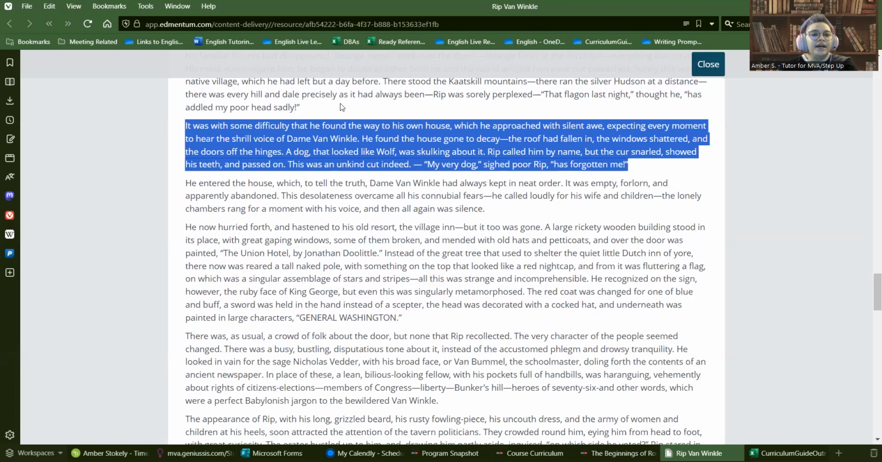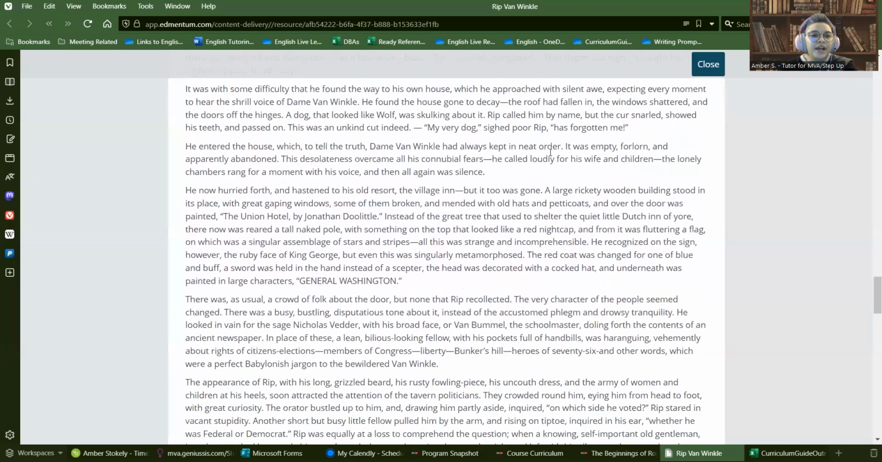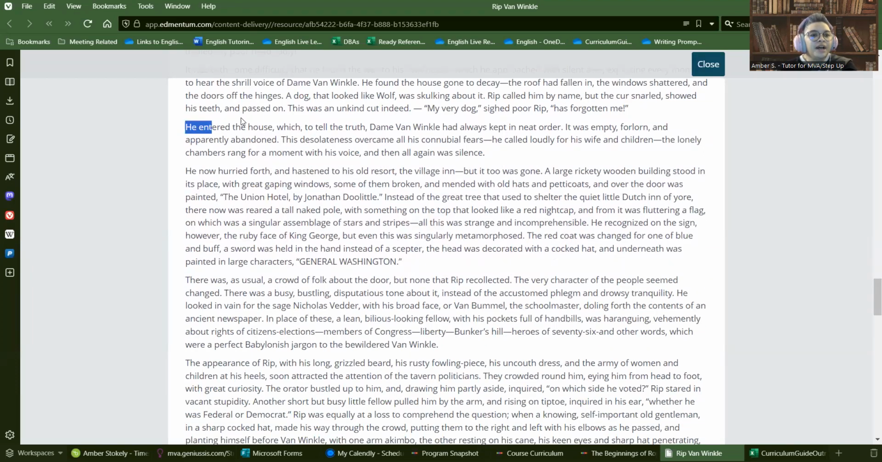So he found his way to his house. It says it was with difficulty. But the house is basically run down. No roof, no windows, no doors. And even though his dog definitely looked like Wolf, he snarled at him. So he's forgotten him. He entered the house, which, to tell the truth, Dame Van Winkle had always kept in